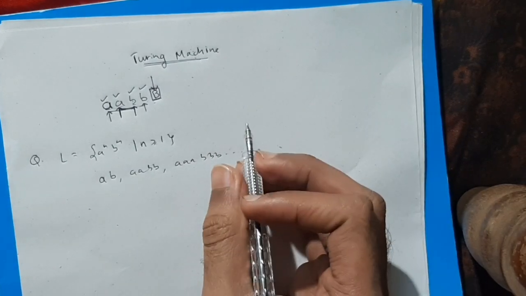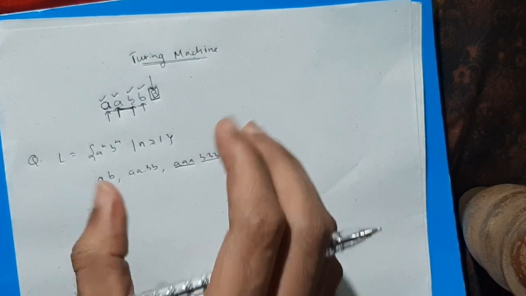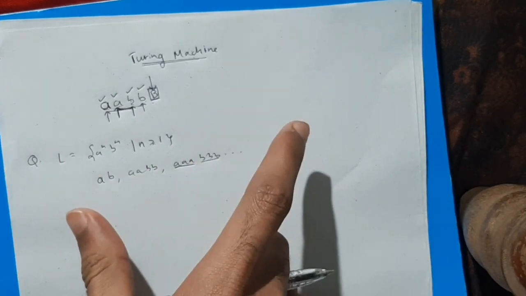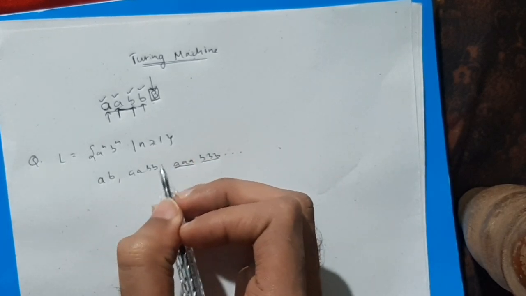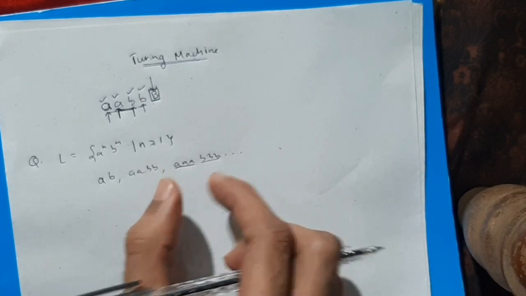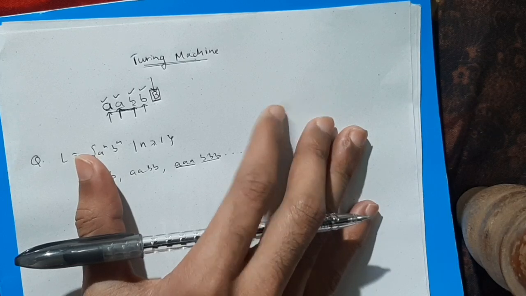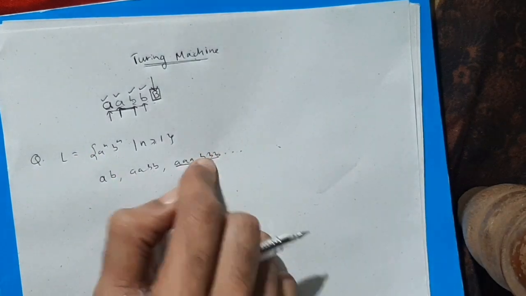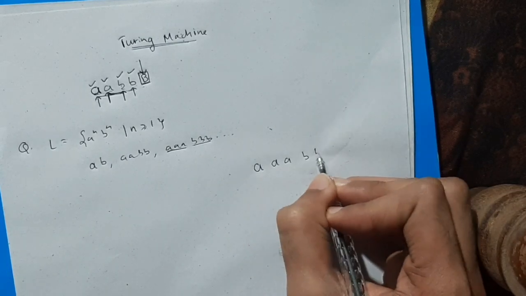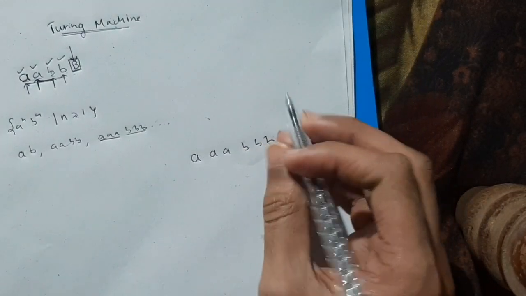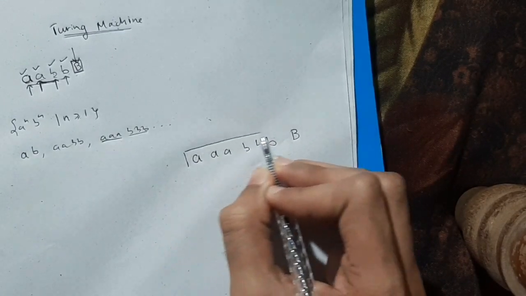So let's consider the string which is triple A and triple B. Why? Because we want to cover all the possible combinations. If we take AB only, it will be valid just for AB and might not be valid for AABB. So we are taking a bigger string so that it covers all the possible cases. What is your first step? Whichever string you have, you write it here. You are considering AAA, BBB, so write it like that, and at the end you add capital B, and you have to make a tape like this